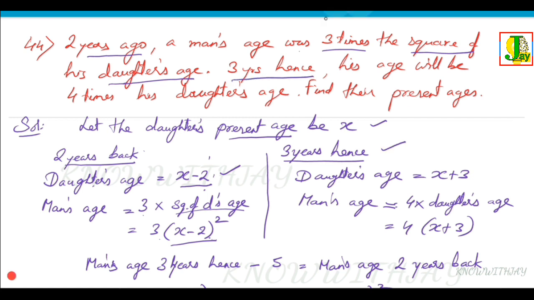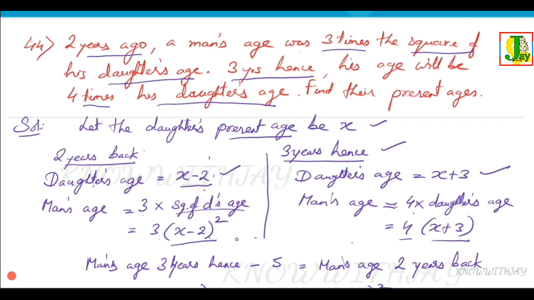Okay, now after 3 years, the man's age is 4 times his daughter's age. So after 3 years, the daughter's age would be x + 3, and the man's age will be 4 times the daughter's age, so 4 times (x + 3). Now there is another hidden condition that you need to find out, because there is no more condition given here relating those two. So the hidden condition is the present